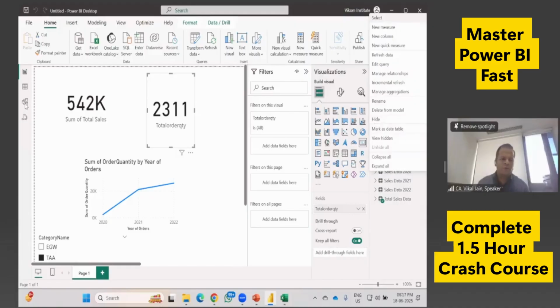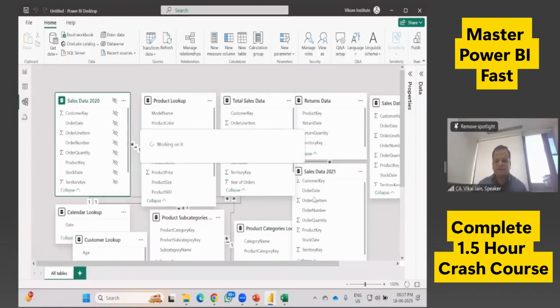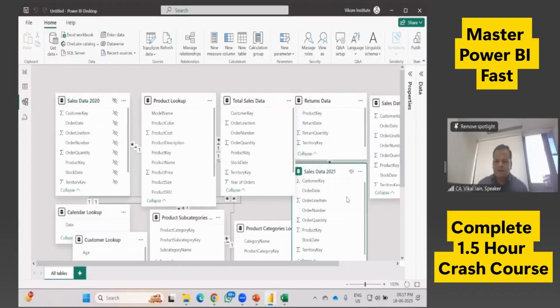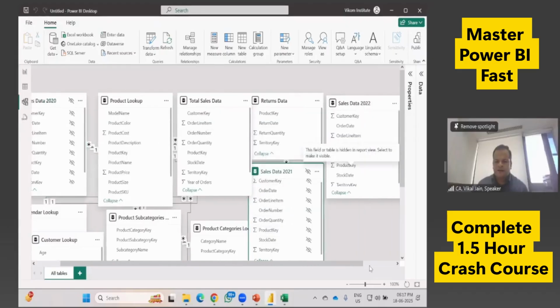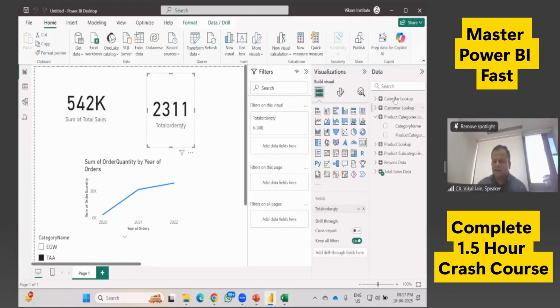Or as an alternate, we can simply click here and click on this eye symbol, and it will hide the data like this. Again I'm going to hide this, and again this one. Now these three tables have been hidden, and you will see in the front end that the messy data is not coming here. Now we can find out the